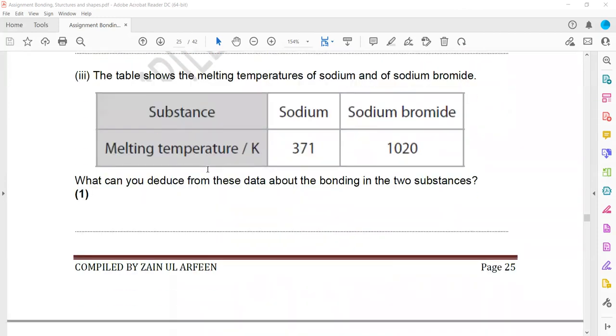The next part, the table shows the melting temperature of sodium and sodium bromide. What can you deduce from these data about the bonding in the two substances? As we already mentioned, when you check the melting point, it is 371 for sodium, but in sodium bromide, it is 1020. So which one is the stronger force in this example? In this case, ionic, because sodium bromide is having ionic bonding,